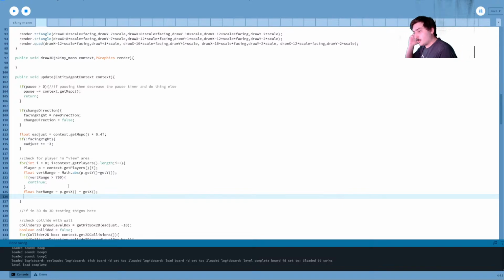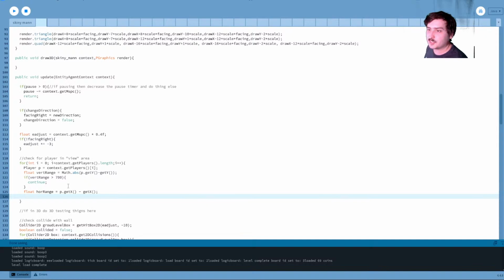So this number should be positive if it's within the positive. I suppose this should be a little bit different. Okay, well, whatever. So if the player is to the right of the alien, then this is going to be positive. If it's to the left, it's going to be negative. Obviously, the direction it's facing is actually going to matter if it can detect it.